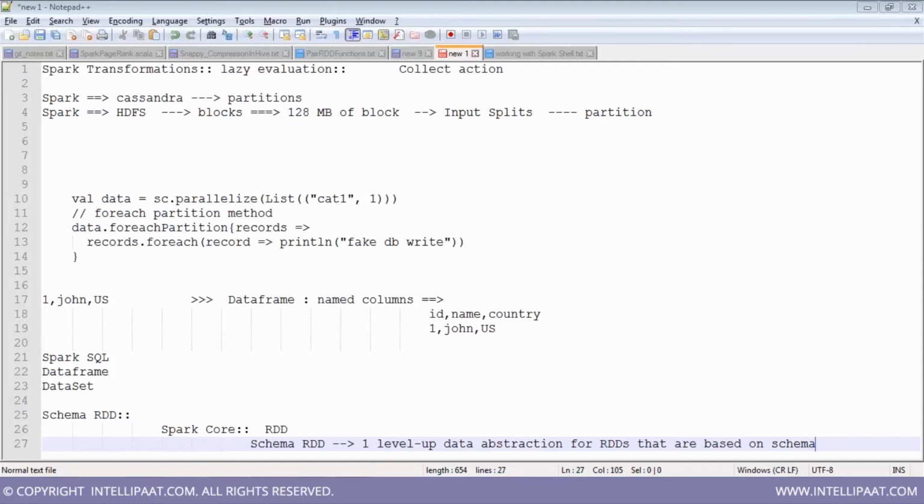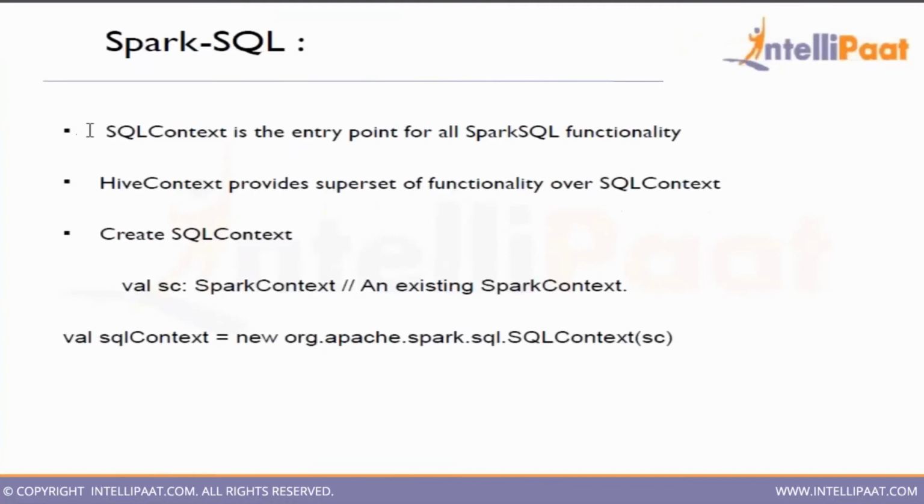But Spark SQL works on what? It works on schema. You talk about Hive, you talk about Cassandra, they all are working on schemas only, right? So we use the schema RDDs to process the structured data, right? The SQL context is the entry point for all Spark SQL functionalities, be it data frame or anything else, right? Be it data set or the